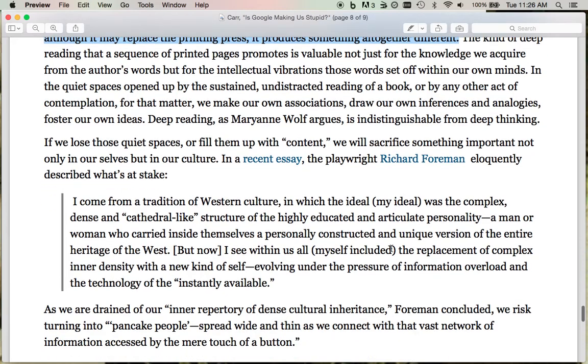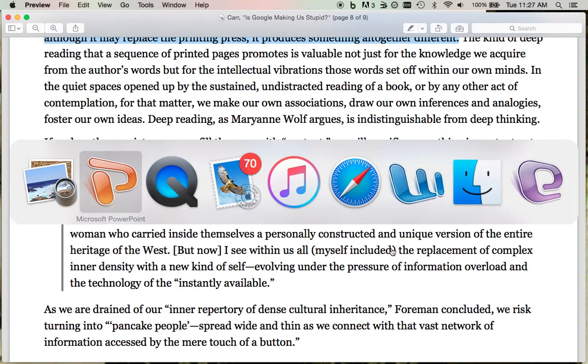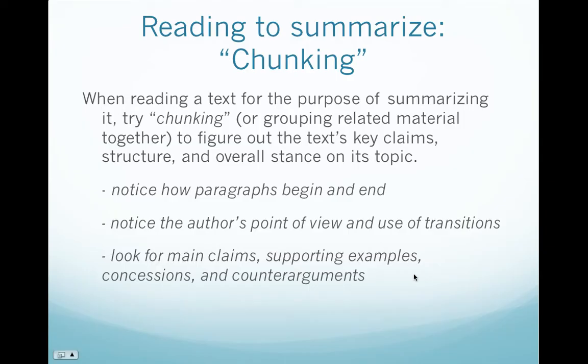Okay, so that's just a way that, as you're going through, if you were to summarize this essay, you would of course have read it already, like you all have, but then going back through and looking for these chunks of different paragraphs and different sections could help you outline the article and step back and get a better view of what it's doing. Okay, so to go back here then to our summarizing,